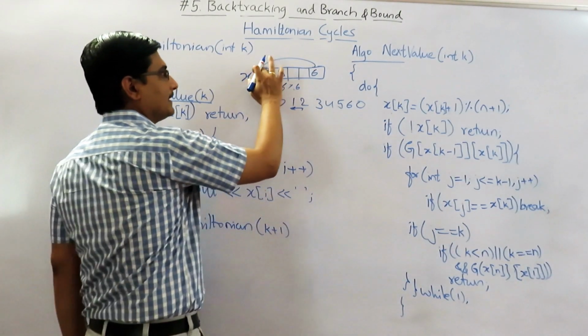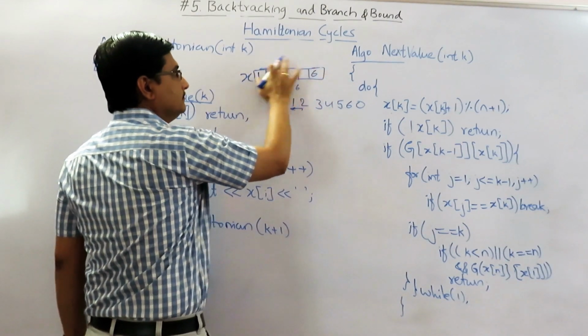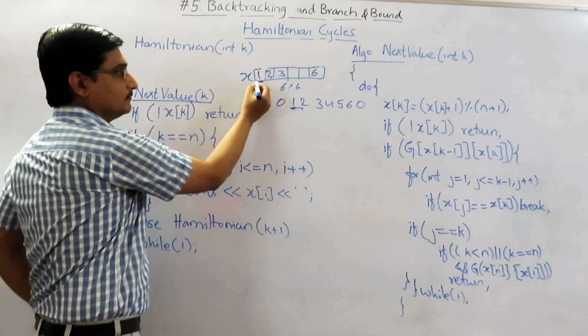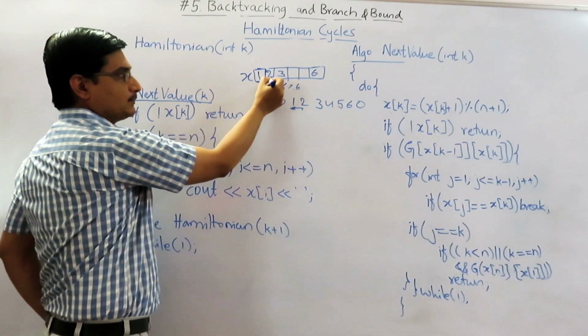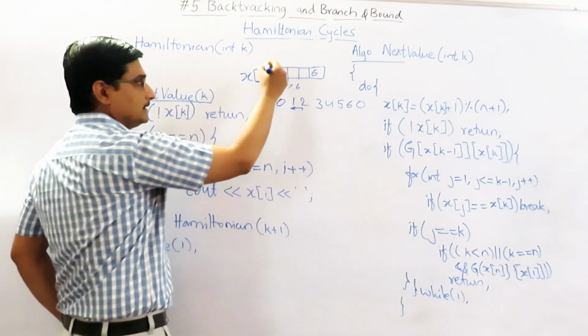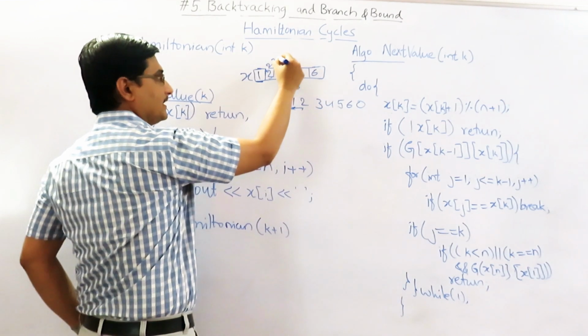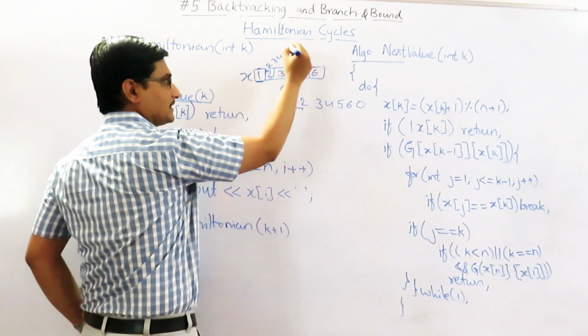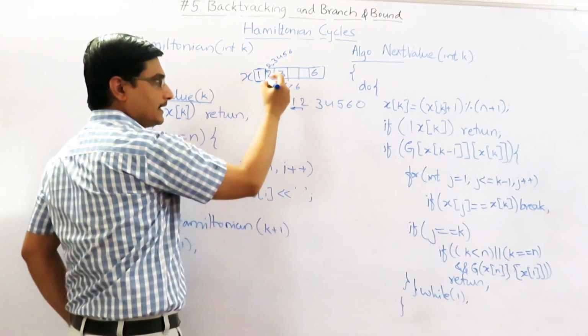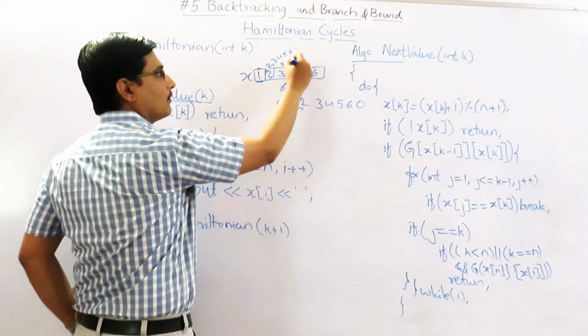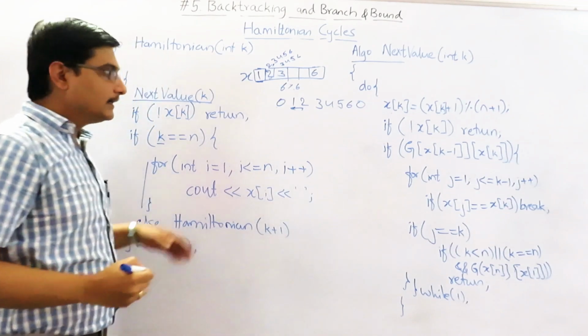So it is something like, say if you have selected 1, what are all the possibilities for the second place? It can be 2, it can be 3, it can be 4, it can be 5, it can be 6. Again here 1, and if say 2 is selected, then it is 3, 4, 5, 6, like this. It is going to check.